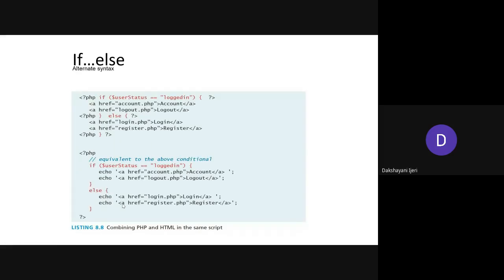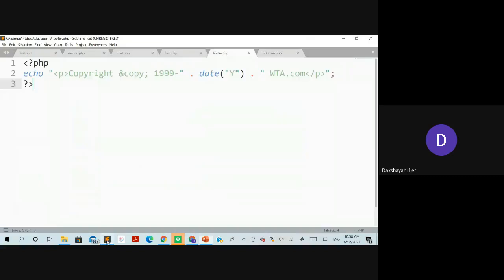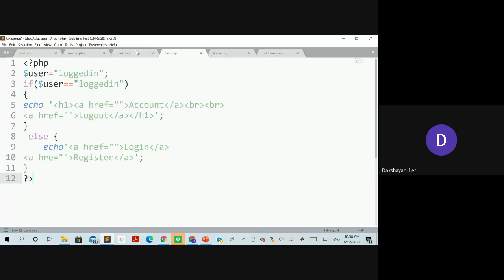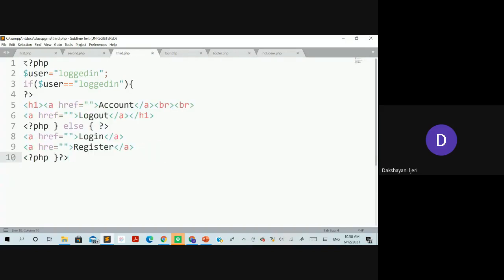So let's see the execution with the example here. Okay, so the same thing has been typed here. Sorry, I have taken both the sections here, right? So in this case you can see I have started with the PHP section, and I have just initialized the user variable with the value logged in, just for demonstration. That means the if condition is always going to be true with respect to this example, right? So what you need to concentrate on here is only the syntax, how it is being used. So begin with the PHP, include all the PHP section over here, and close it.